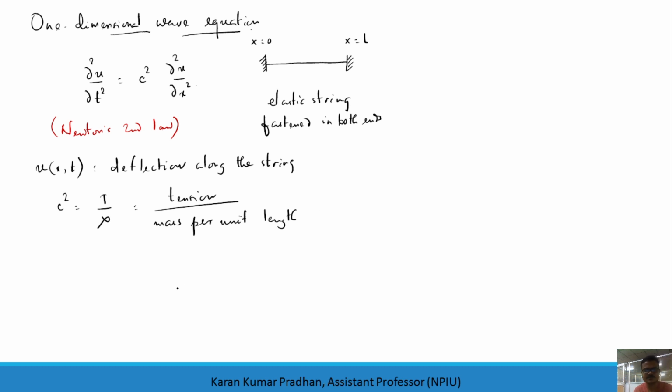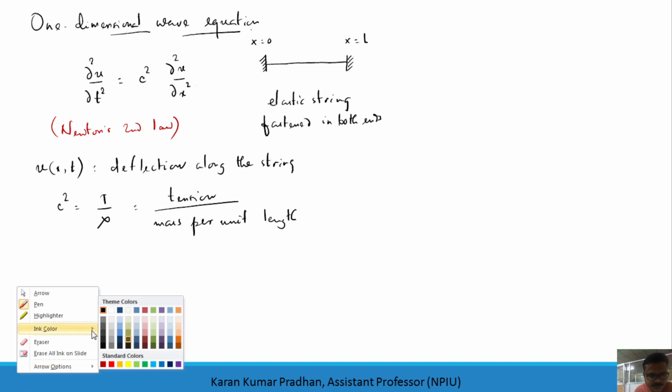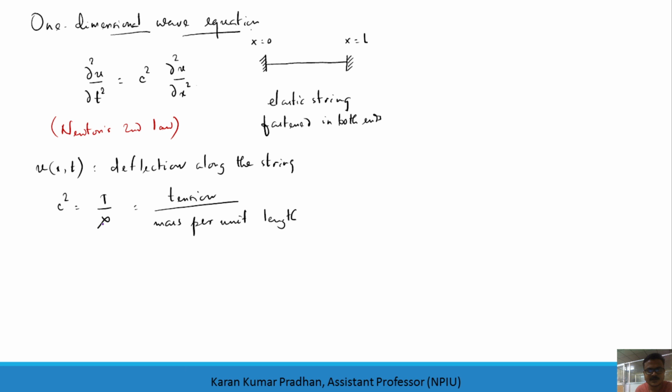These are not that important, but let's go to the solution of this equation, how we use the method of separation of variables, and how we have to use the boundary conditions and the initial conditions. Let me show you the boundary conditions. I have told you that the string is fastened at both ends, to avoid the gravitational force, if I just provide an external stimulus.